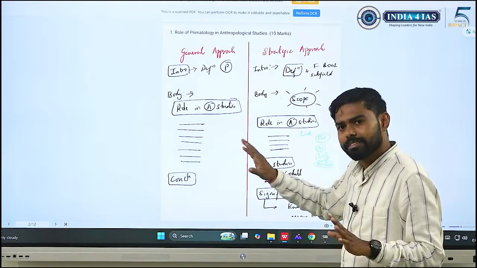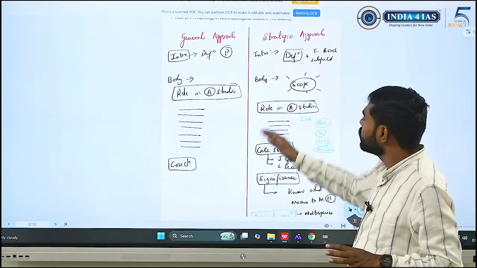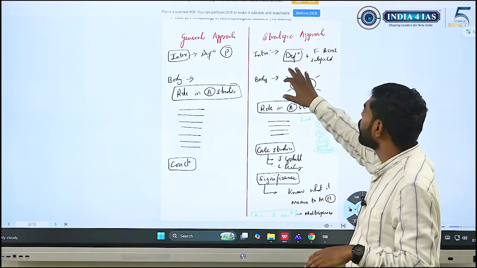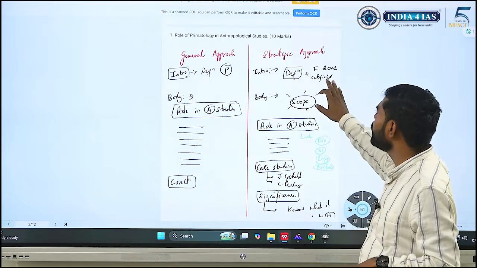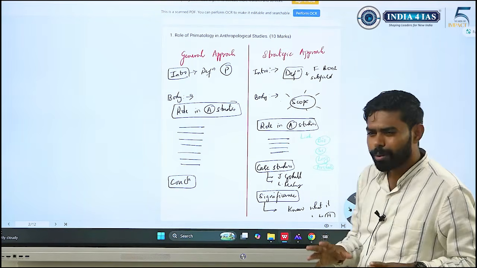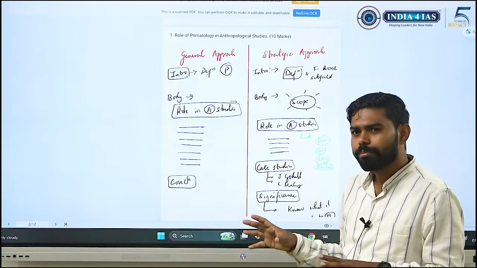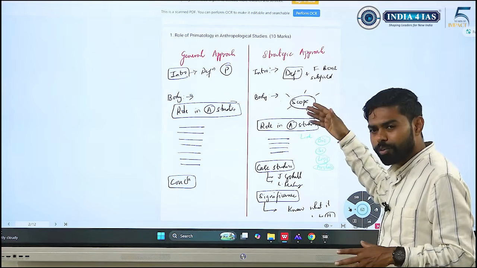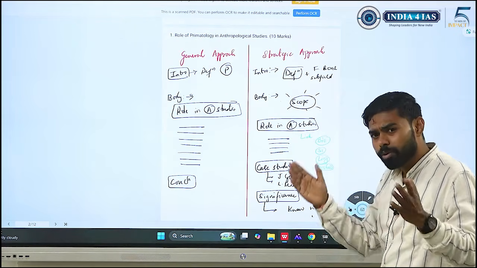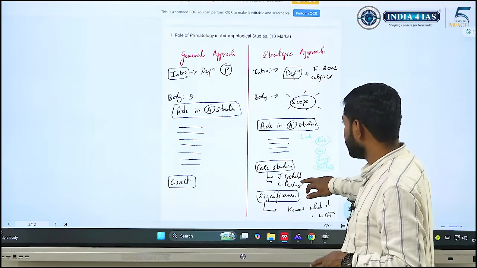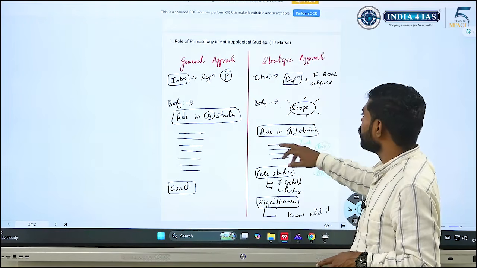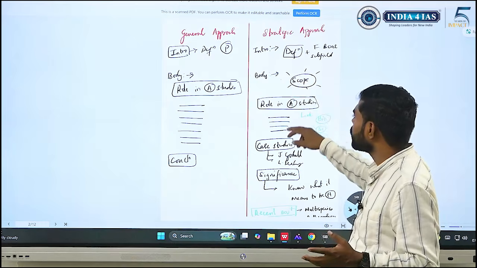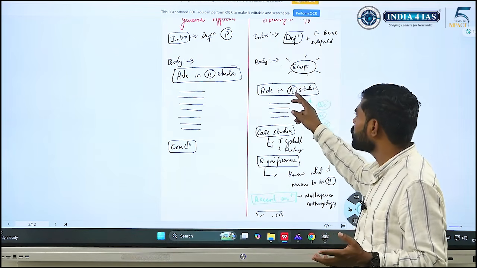So this is the basic approach which will come to us instinctively. What we can improve is trying to bring up new dimensions which are relevant. Okay, I'm doing the same thing, definition, but I'm integrating Franz Boas, because what? Primatology is part of what? The biological and physical anthropology, right? So it is one of the major subfields as said by Franz Boas, or simply quoting Franz Boas in the brackets. And the scope of primatology, I'm simply listing out what primatology studies in this aspect, and the role of primatology in anthropological studies.